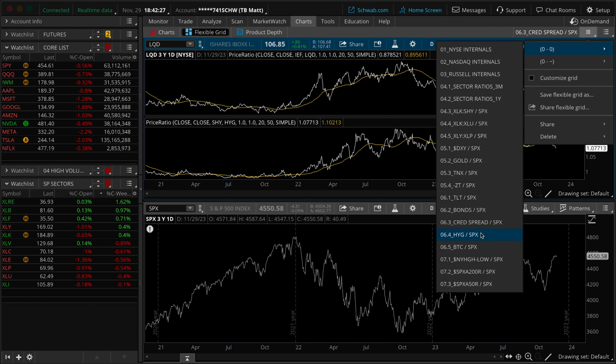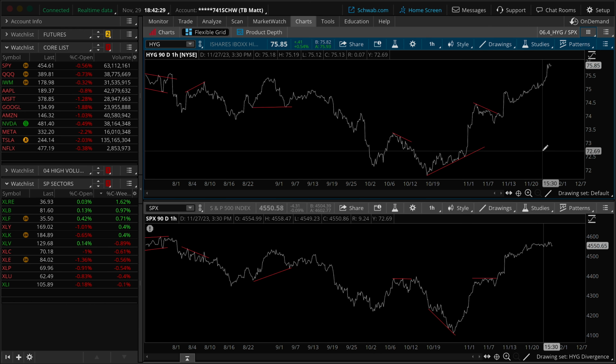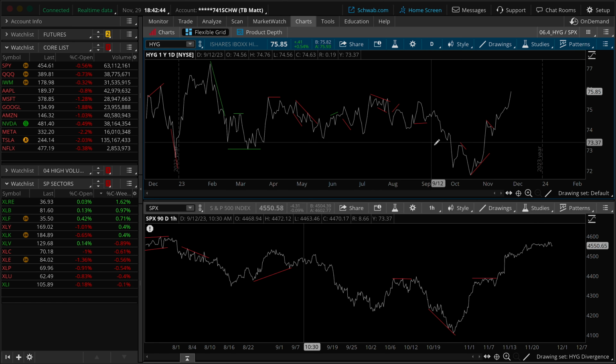it doesn't really seem like a flight to safety or risk off style period for the market, which is making total sense based on the price action. This one's a little bit of a head scratcher with the HYG junk bonds, right? Really breaking out here, whereas the S&P faded all day. So watching that quite closely, we do actually know, if anybody has been paying attention and keeping track at home,